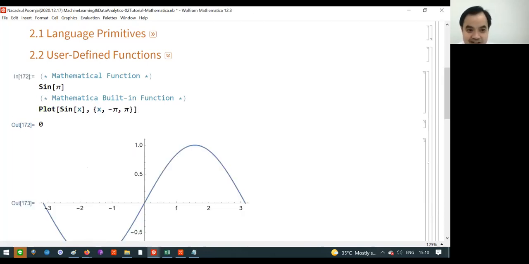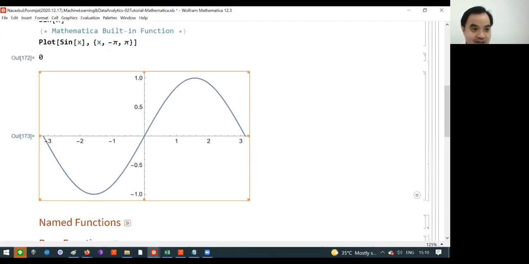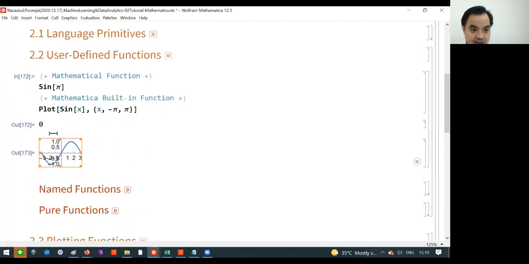Right? So this is a built-in function. Now, what if,